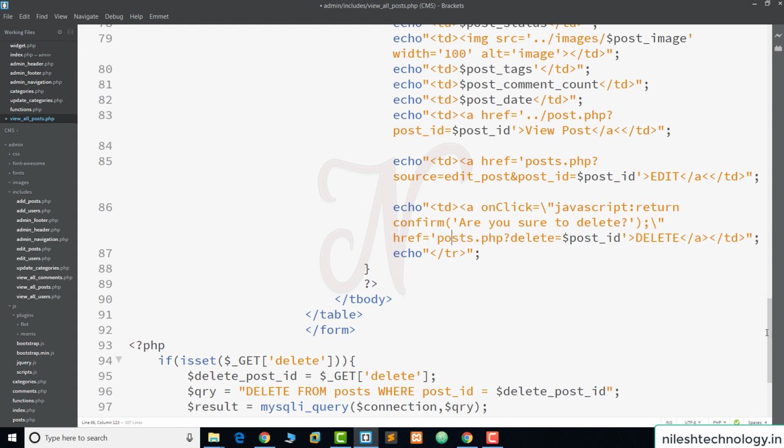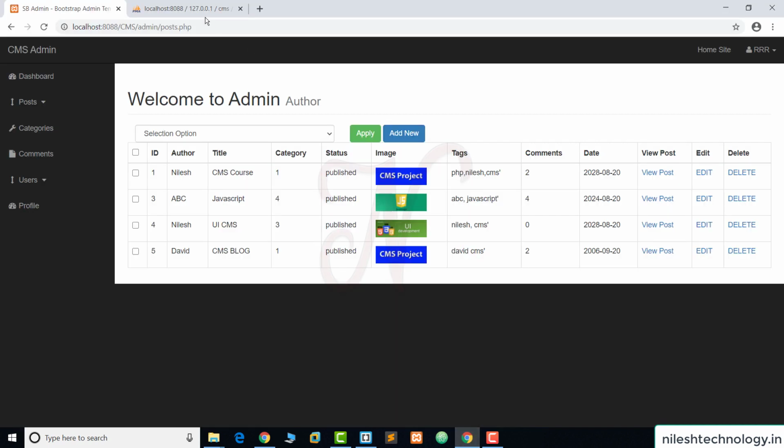This is the post.php and the rest of the code is the same. So we copy this, and we add this functionality to other pages. Here we copy this one, save these changes and test, refresh the page.